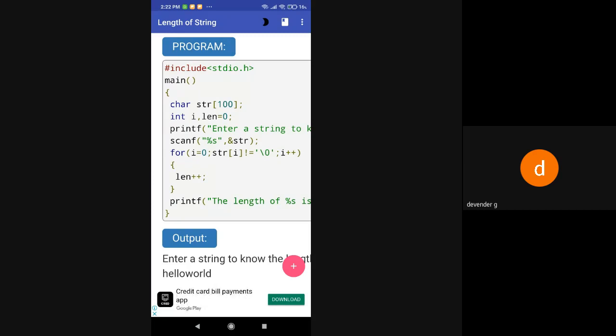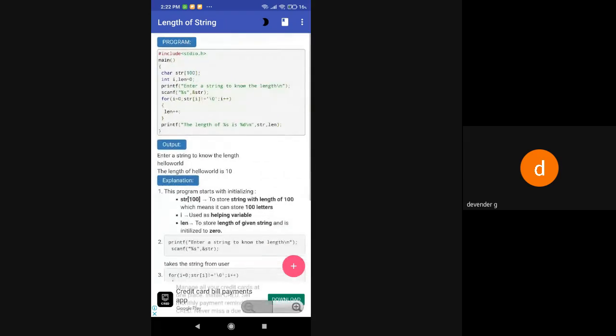Then I'm saying printf, enter any string, then accept the value from the keyboard. For that I'm saying scanf with percent s, which is going to accept the string characters, followed by str.